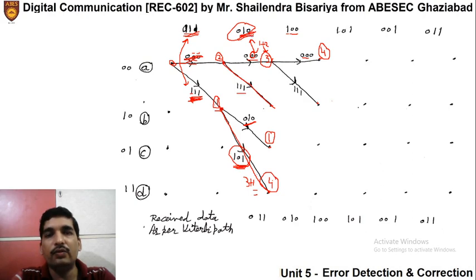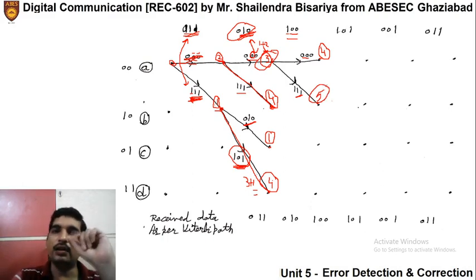Okay. Similarly, if I follow this path, I should write that 1 1 1 and 0 1 0, first and third bits are differing, so Hamming distance is 2. So at this node it is Hamming distance 2 plus previous 2, that means it is 4 at this node. Similarly, I will write for the remaining, that means for this path 1 1 1 and 1 0 0, the two Hamming distance plus the previous 3, it will be 5 Hamming distance at this point. So in this manner we will write the Hamming distance for each and every node, every state.